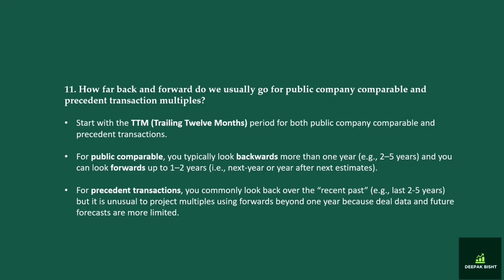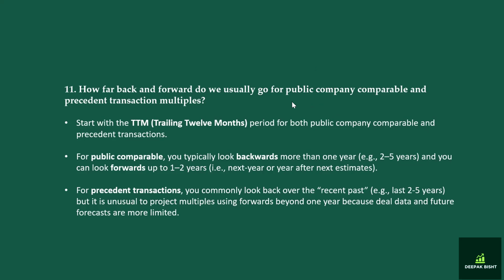Here we are working with valuation multiples. So whether for public company or precedent transaction, there is typically a look-back and look-forward horizon that makes sense, and the rationale behind it is that for public companies, you typically